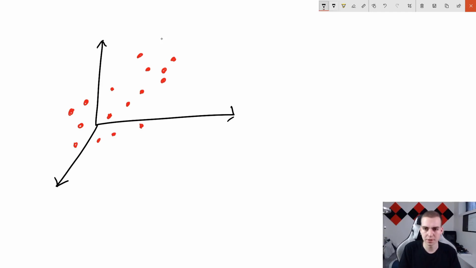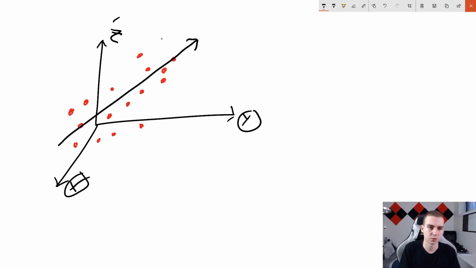So the line of best fit for this data set, and I'll just put my thickness up, might be something like this, right? Now notice that this line is in 3 dimensions. This is going to cross our, I guess this is our X, Y, and Z axes. So we have a 3-dimensional line. Now the equation for this line is a little bit more complicated. I'm not going to talk about exactly what it is, but essentially what we do is we make this line and then we say, okay, what value do I want to predict? Do I want to predict Y, X, or Z?